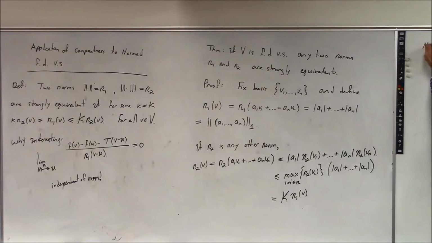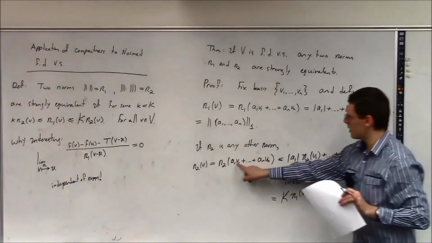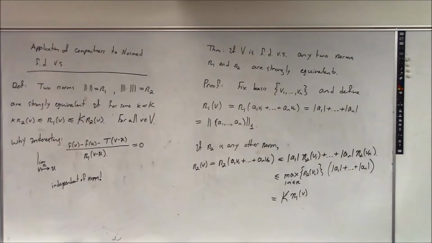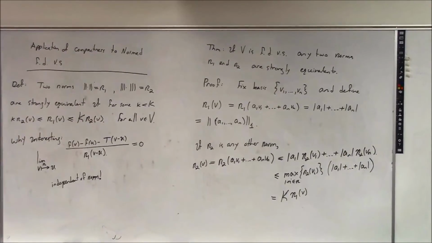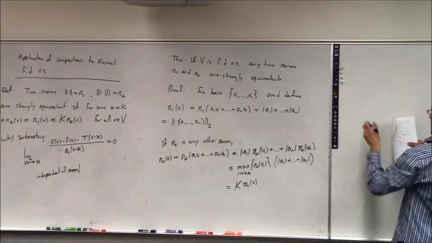Why do you need compactness to show the minimum? I mean, it's a finite list, so it's just the minimum. Well, it's not finite. Only v1 up to vn is finite, but not all the possible directions. Those could be infinite. So we don't need the minimum. So what we now have is, moreover,